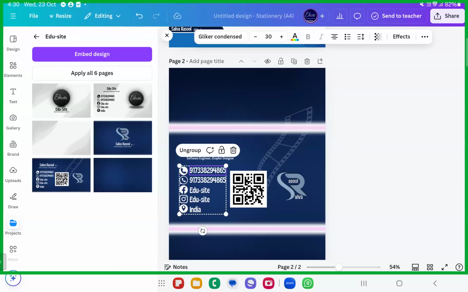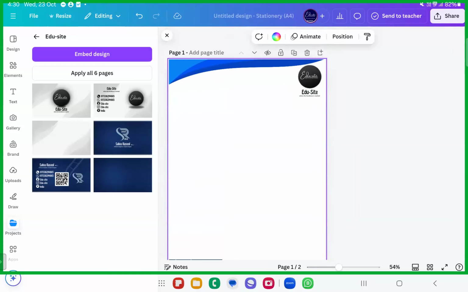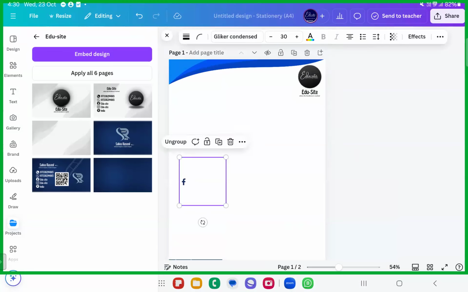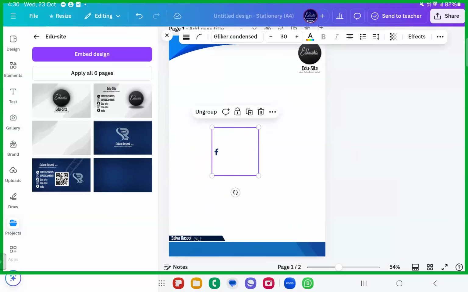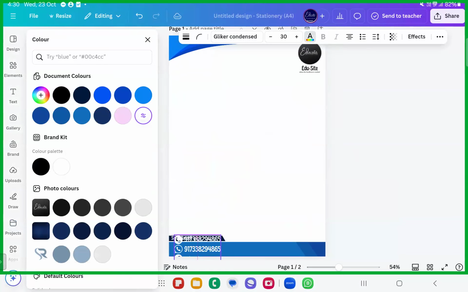Select all of these things. It's already grouped up, so we can just go ahead and take all of this, copy it, and go ahead with this page, paste it here. It's pasted, but all the colors are white, right? So make sure it is all black now. How to make it black? This way. Actually, I want it white itself, because I want to carry it here. Fine, you can just do it like this now.